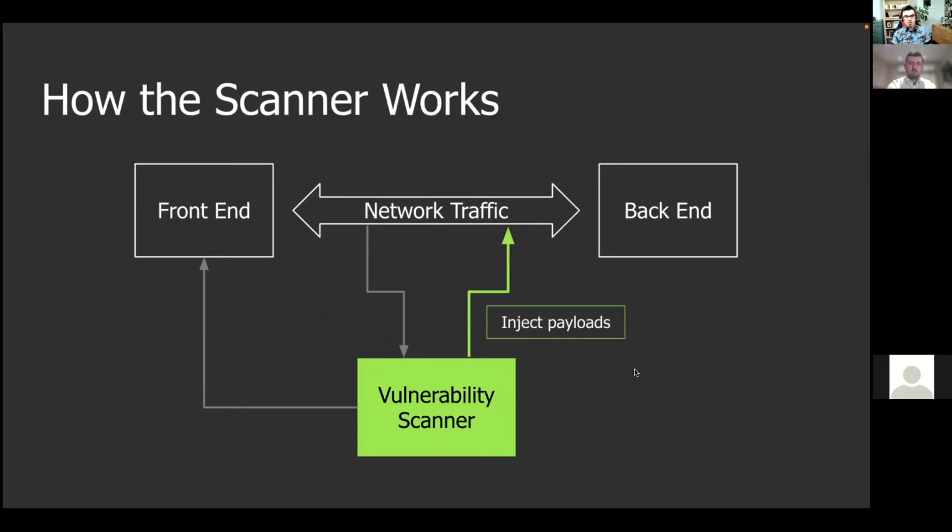And then the last thing it can do is it can inject payloads. It can make a direct attack. So this is a man-in-the-middle attack. We're actually intercepting the traffic between the front and the back end and trying to inject a different payload into the network traffic. These scanners like OWASP ZAP